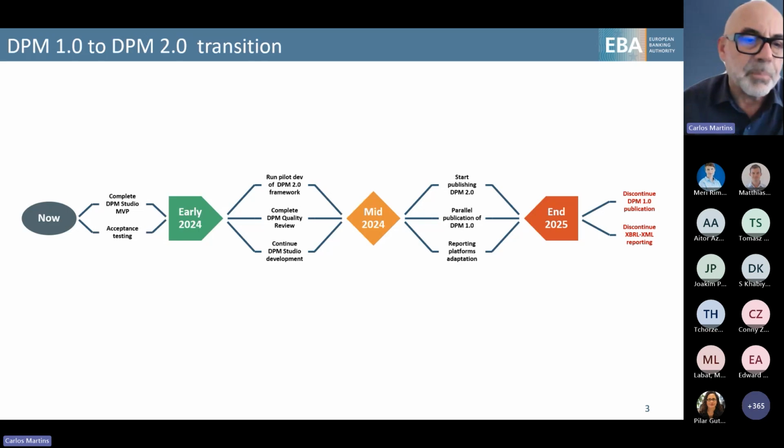There is acceptance testing from users going on. And then from early 2024, we will start using the DPM 2.0, supported by the DPM Studio, in production.